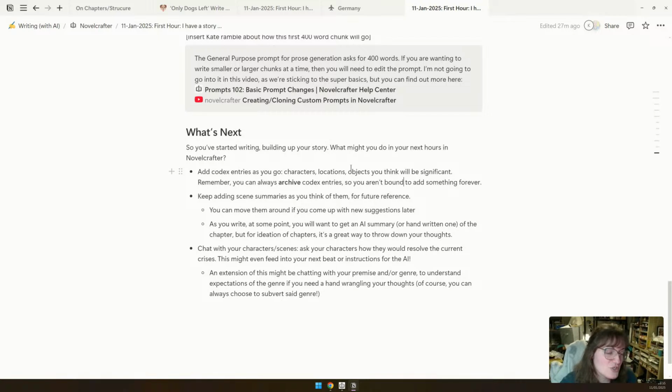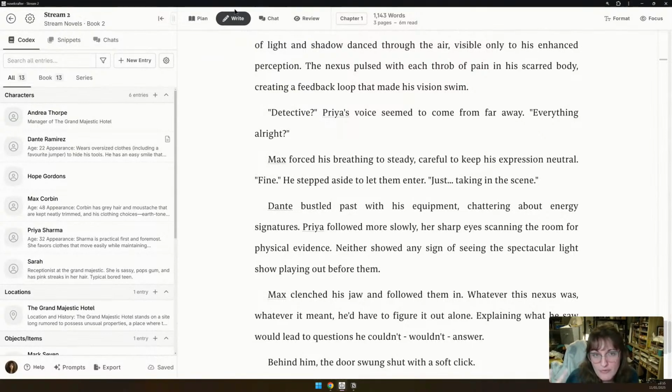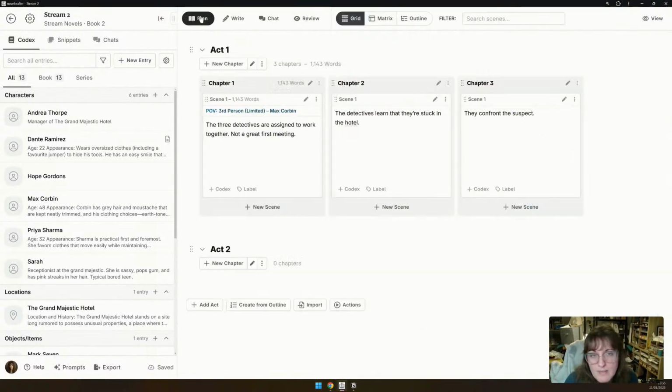You can always move them around, and if you want to get an AI summary later, you can. As you write, you will want to get the AI to summarize your work. But for the ideation of chapters, just throw down your thoughts in the plan interface. Like if it's happening after, the general purpose prompt doesn't see it. So we might be like, okay,